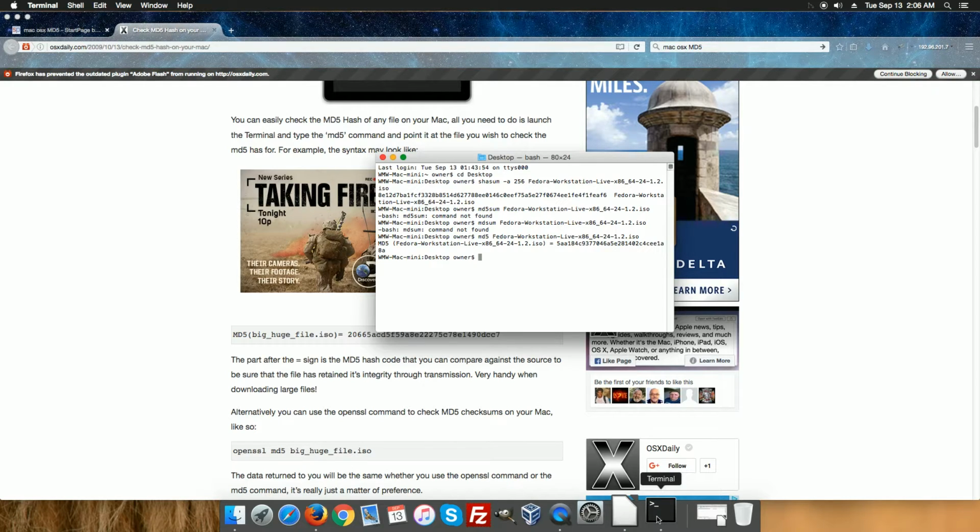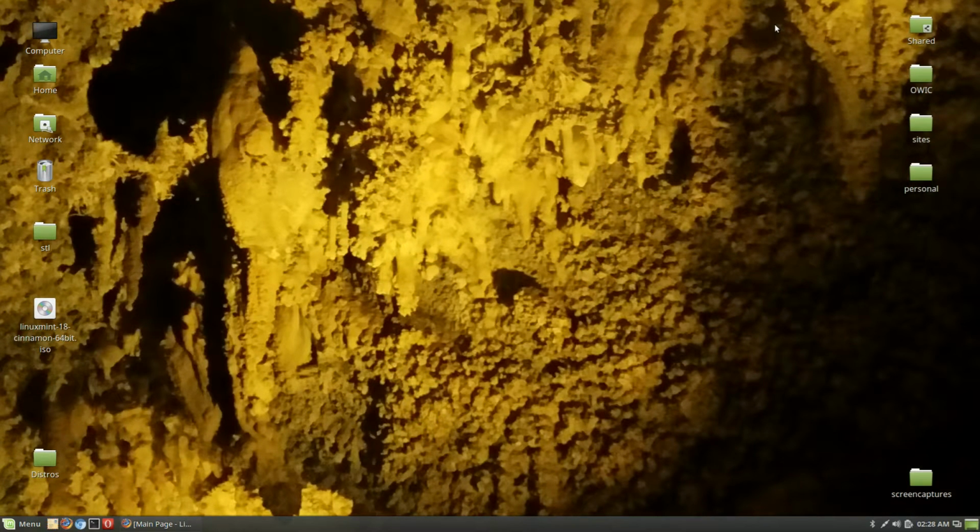So this is the Mac part. We are going to also look at this on a Linux and on a Windows. On this part of the video, we are going to look at how to do a very quick checksum on